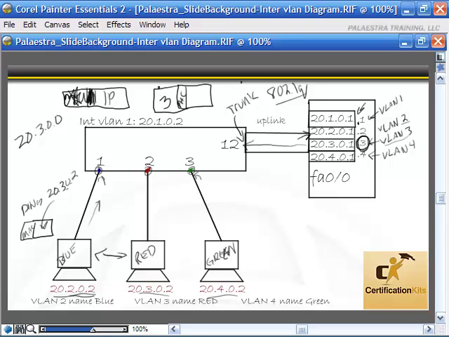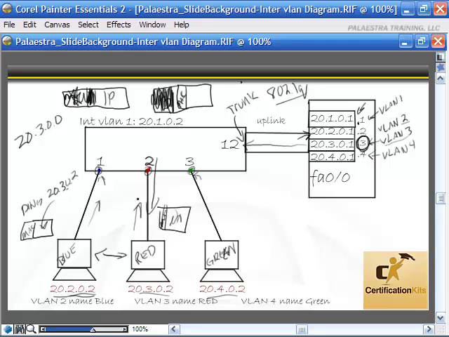Switch sees this information, goes, okay, that's VLAN 3. It can only go out other ports that are part of VLAN 3, strips the data off. Checks the MAC address and goes, hey, do I have a MAC address in my forwarding table that's a part of one of the ports that are associated with VLAN 3? And he goes, I do. Port 2 here is associated with VLAN 3, and this MAC address is associated with that port. So let me send that information out. So he sends it out. The computer just looks for his MAC address, and he sees it, opens it up, gets to the data,